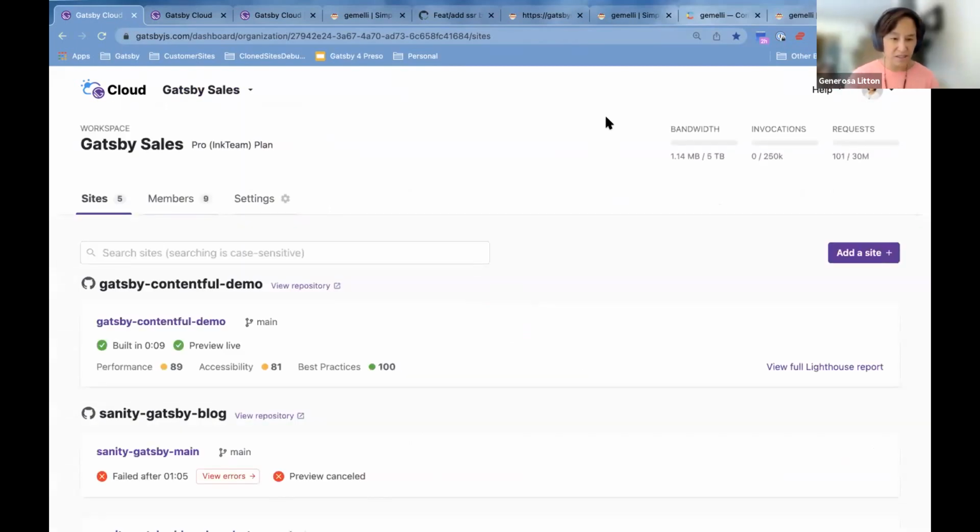We looked at some site settings in terms of the different webhooks, notifications, being able to put logins or password protect your previous builds. Then we looked at the developer flow, how developers can look at their pull requests, merge them, and even revert them. Then lastly, we went through a content creator's workflow where they actually did some work within Contentful itself without, again, not having to write any line of code, publishing that and seeing the data up in Gatsby Cloud.